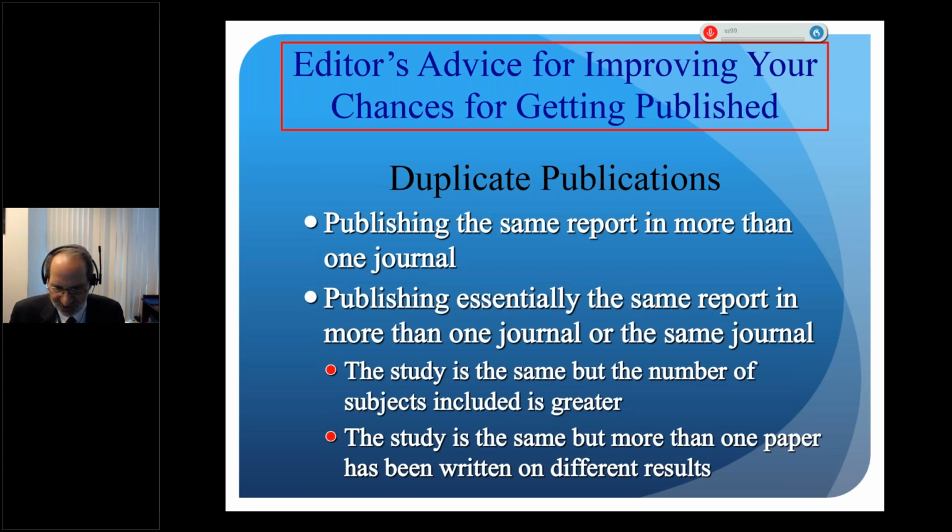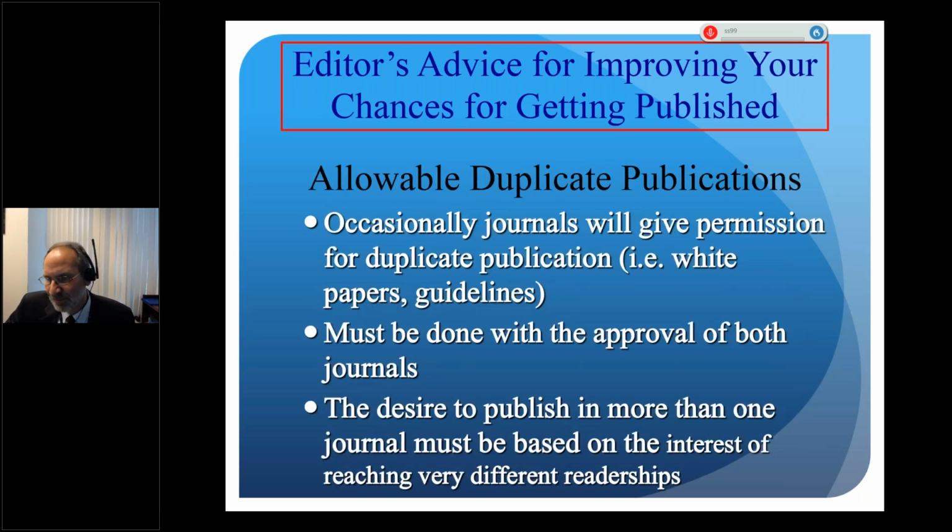Now, there is an exception to this. What if you are looking at a certain disease related to obesity and you find that in your country, you have now created the white paper on that disease, how to treat it. And you feel that that's so significant, that word must get out into the community. Journals can agree to co-publish a paper like that, a guideline, a white paper, a paper with extremely high impact, but it has to be acceptable to the different journals at the same time. So you could ask Obesity Surgery and then SORT and then maybe Surgical Endoscopy to all publish it together, but we all have to understand that's what we're doing and it gets designated that way.